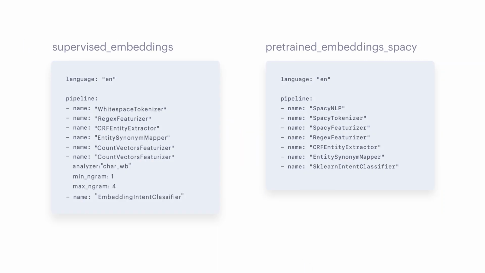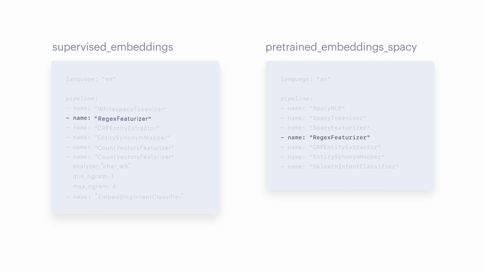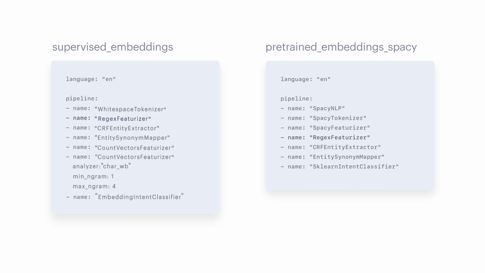To use regular expressions and/or lookup tables, add the regex featurizer component before the CRF Entity Extractor component in your pipeline. Regular expressions and lookup tables are adding additional features to CRF Entity Extractor, which mark whether a word was matched by a regular expression or a lookup table entry. Both of these components will add new features to the CRF model. However, the model is very likely to develop a bias for them. That's why you should be very careful when enforcing strict rules with regex extractors and use them only when really